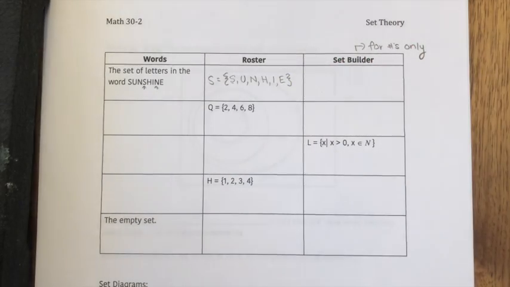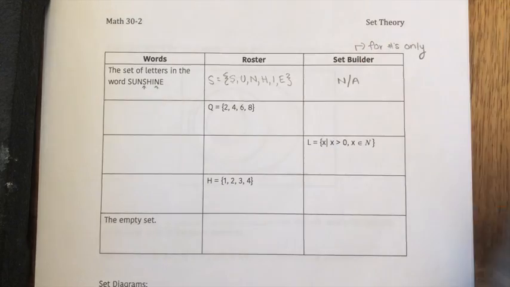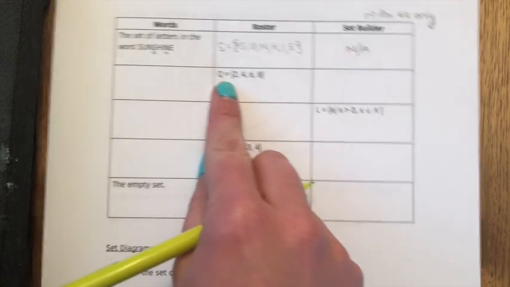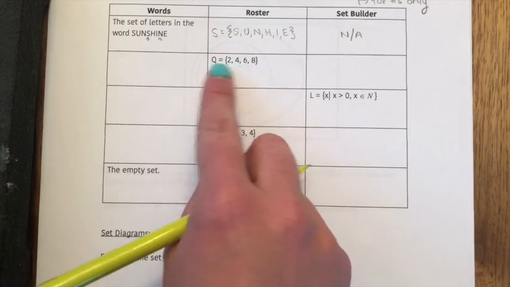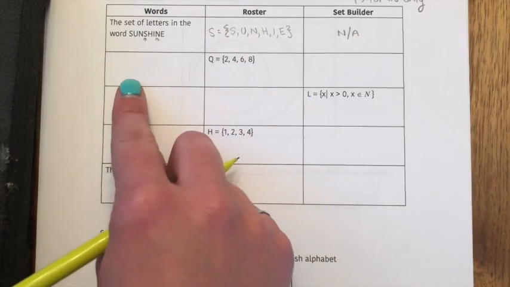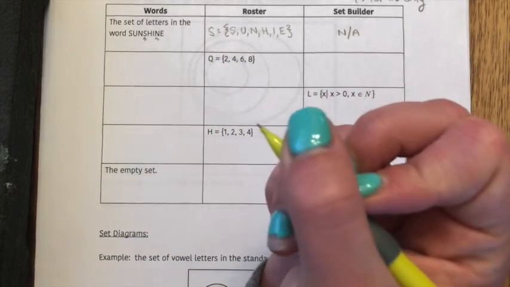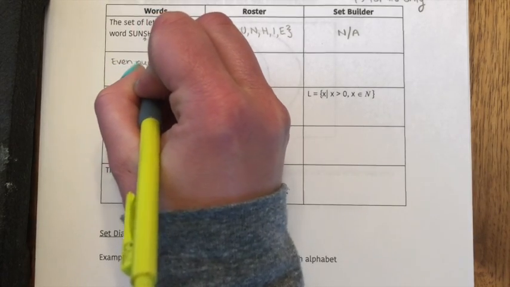So those are the only letters you need for sunshine, okay? For set builder, we're going to say that that's not applicable because it's not numbers, okay? This one gives us a roster of 2, 4, 6, and 8. So we need to figure out a way to describe these numbers. We notice right away that they're the even numbers. So I'm going to say even numbers